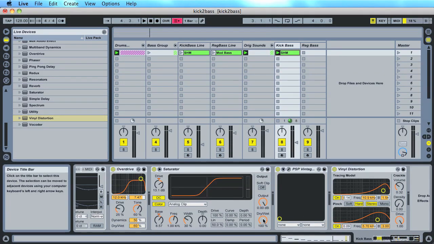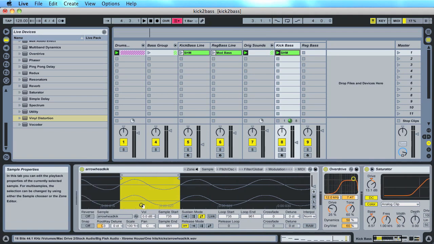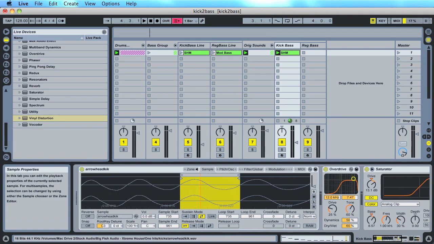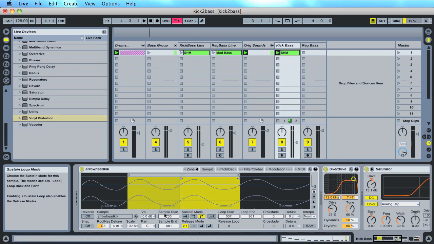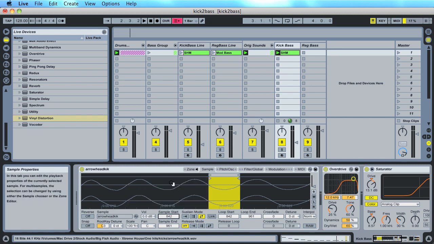So, quick note, adjusting a lot of these settings can change the sound. You can also try moving this to a different portion of the waveform. For example, maybe if we want to include 2 cycles of this waveform, we'll go ahead and change the sample start to match. And let's see if that adjusts the sound just a little bit. Notice it made it deeper. Now what if we switched it to a half cycle? So somewhere like so. We'll match the sample start and it'll sound like so,